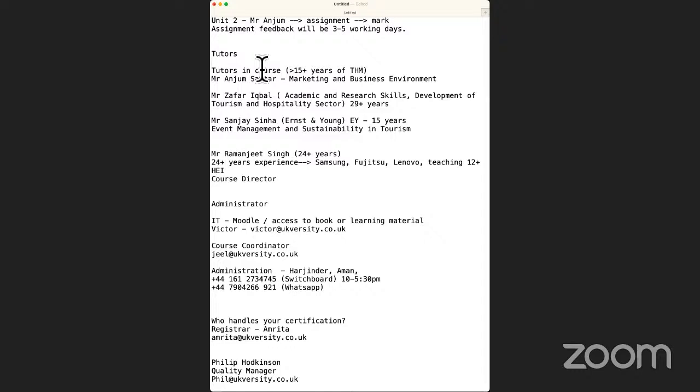There is lots of pieces of information, and if you need to go through this again, you have this copy with you, and you can revisit and go through some of the bits we have discussed. And by close of play today, 5:30, you will receive an email, and what you're going to see on your side is your units will be fully ready on your system, including the first unit that you're looking at starting, which is academic and research skills. Okay. Is that okay? So a confirmation email will come to you from Jill,